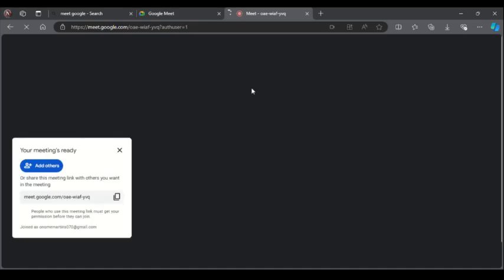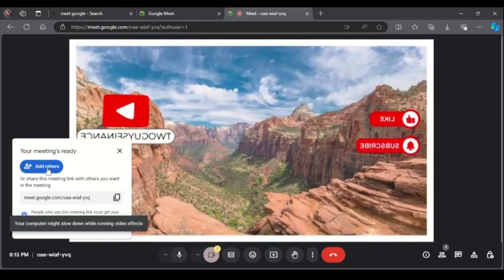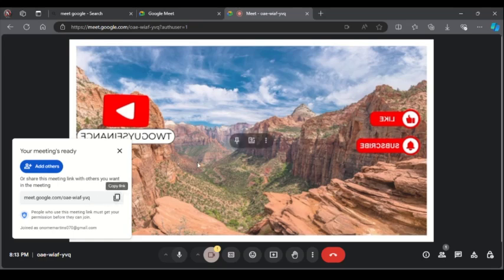your meeting is ready. As you all know, we can add others to Google Meet by simply sending them an invite through the mails, or just copy the link, send it to them, and join your call. So now let's head over to how you can slightly blur your background in